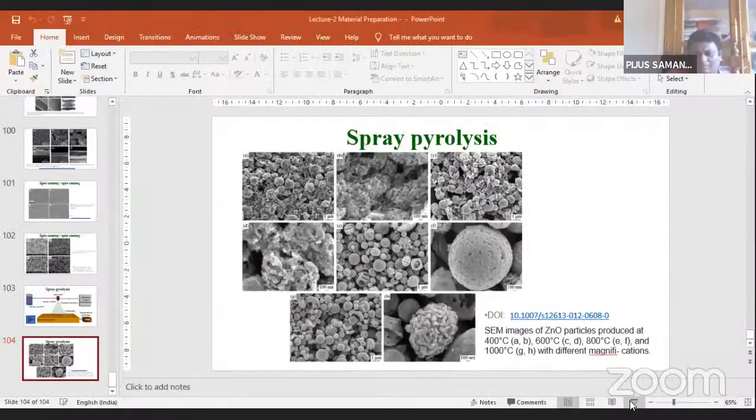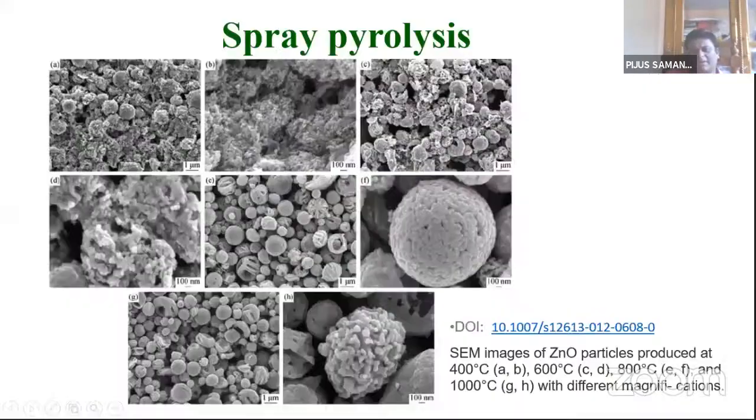This is the SEM image of zinc oxide nanoparticles grown over a substrate, and after growth they are annealed at different annealing temperatures, 400, 600, 800 degrees Celsius, etc. You can see fine nanoparticles have been formed, and the size of the nanoparticles is about 1 to 2 microns. These are basically hierarchical three-dimensional nanoparticles. So the thin film is composed of these nanoparticles, and we can use it for different types of purposes.